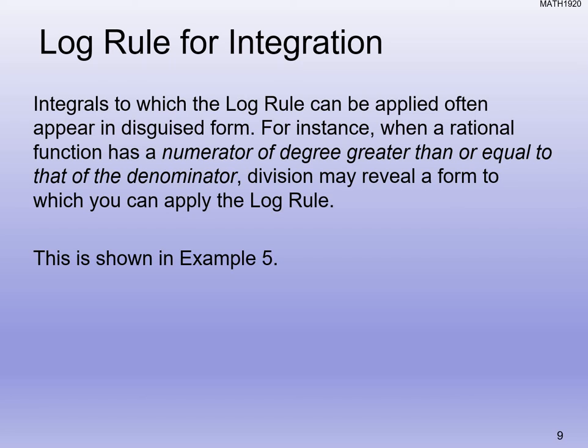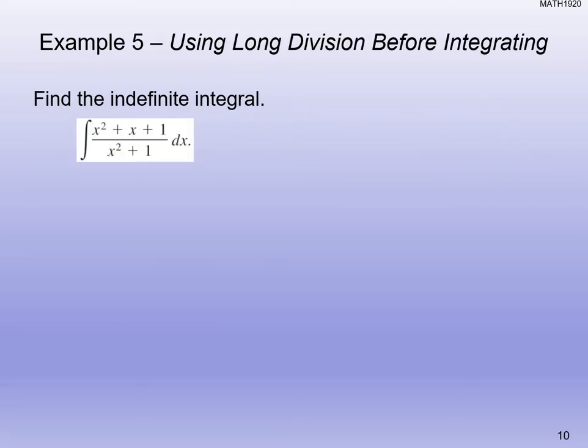Okay, now sometimes we have other ones where the numerator has a greater degree than the denominator. Okay, that can impose a problem on us sometimes. So in example 5, we have to maybe do some long division first when we do this one. Okay, so if the numerator has an exponent that's the same as the denominator or greater than the denominator,